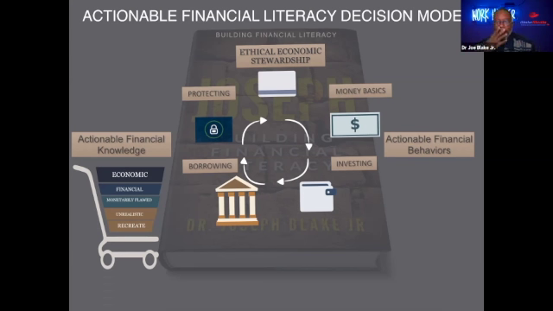Sustainable results. So that's the behavior model, and you use the behavior model with the shopping cart. You look at that model and you implement it within each step of the decision model here to make sure you're making the right changes. And when you use those steps in the behavior model, it changes your actionable financial behaviors, and you make those changes. The idea is to correct and detect errors in your financial life. Okay.